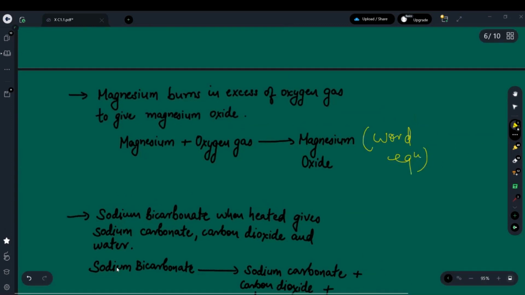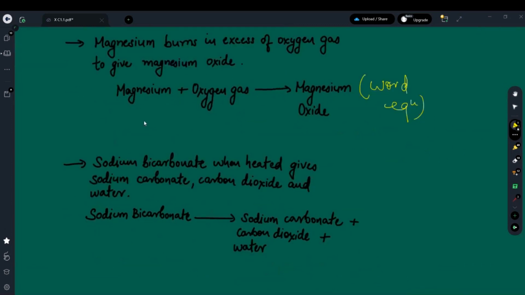So there's an easier way to write this down. How can I write it down? I can write it down in the form of a chemical equation. What is the chemical equation? That involves reactants and products in the form of their chemical formulas. You remember writing chemical formulas before, right? We spent a good 2 to 3 classes writing the chemical formulas. So that is what we are going to write down here.